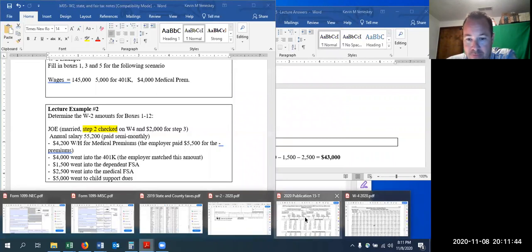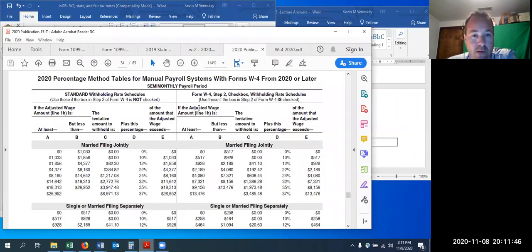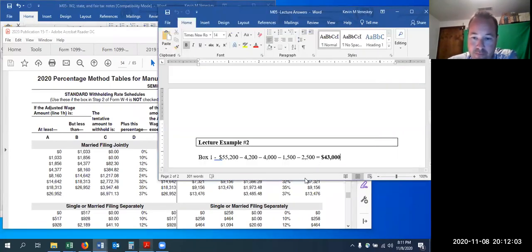All right, let's look at it. I'm already on the semi-monthly. This time we're going to be looking over here. Individual is married. So 2,300 puts us just barely into this fourth row. So we're going to take 2,300 minus 129. It's been a while since I've done this, so I don't even remember if I did that.